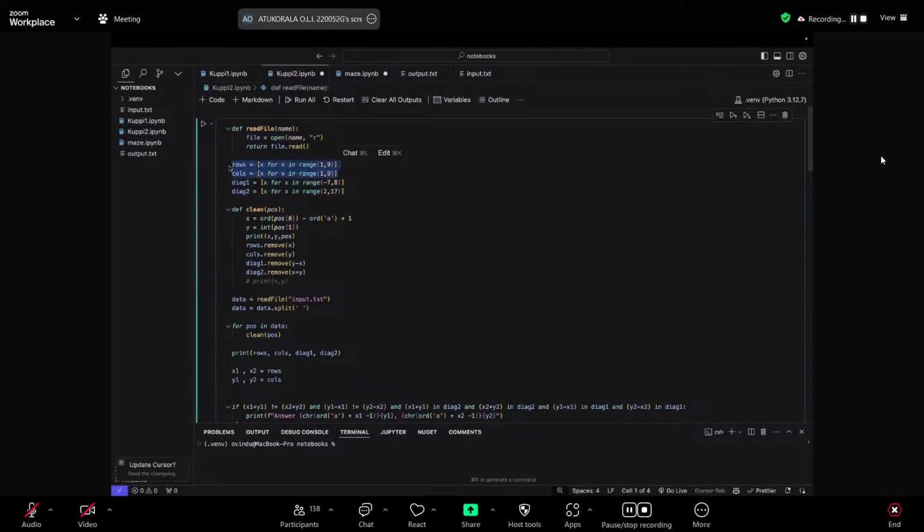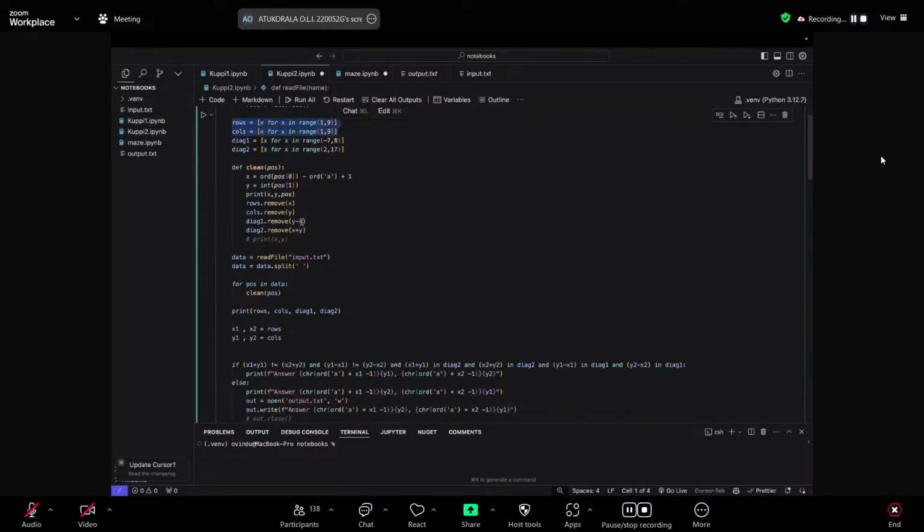Because we are anyway assuming the first 6 queens don't attack each other. That is the first assumption. So because of that, there will be no error because all of these will be unique. Whatever I'm removing from here will be unique, right? So I don't think there will be an error of that sort in this question. So are there any other clarifications?